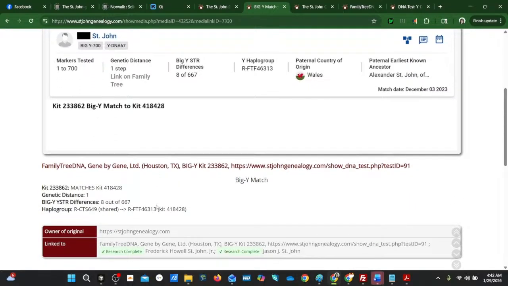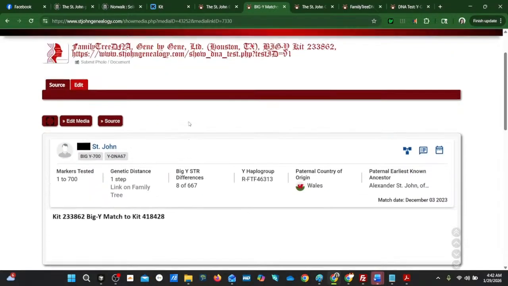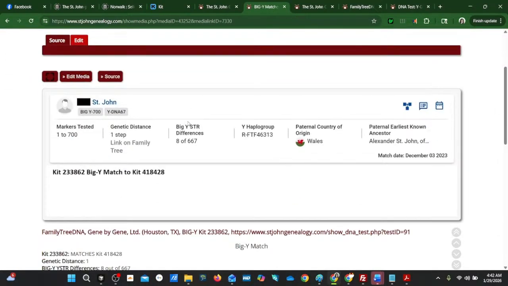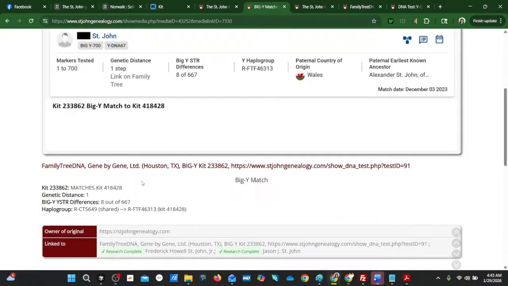So now we have this image linked to my brother's source. And this provides more validity to the source. And so what I also did was I put this information into the description of the media. So if I were to edit the media,